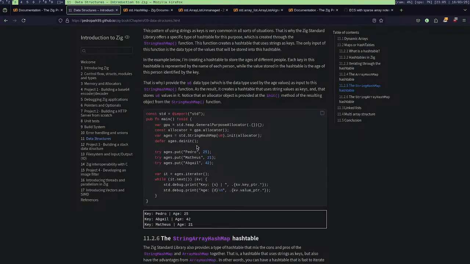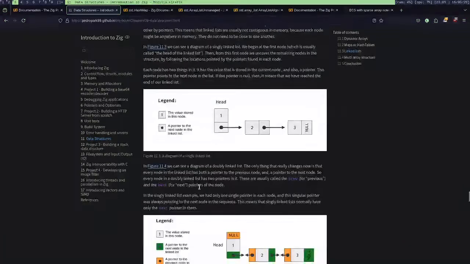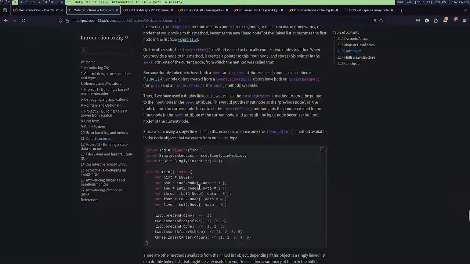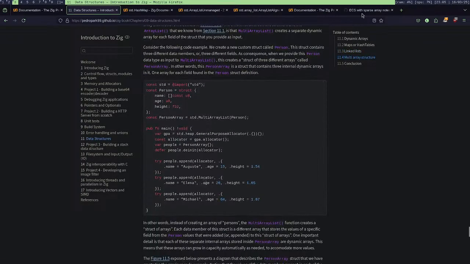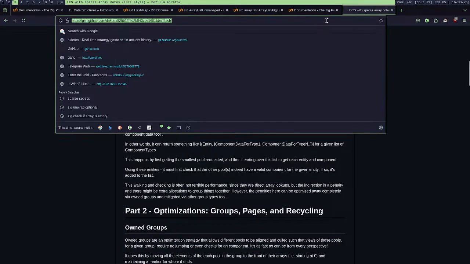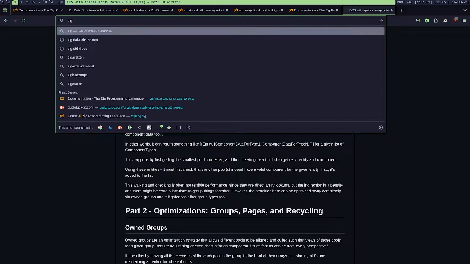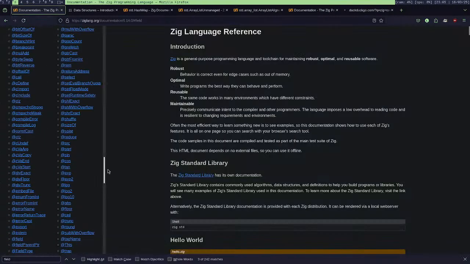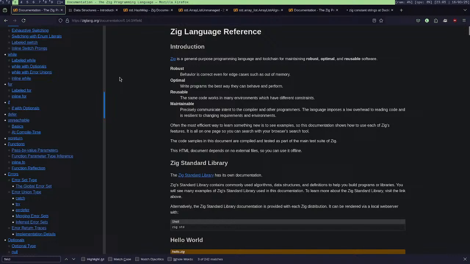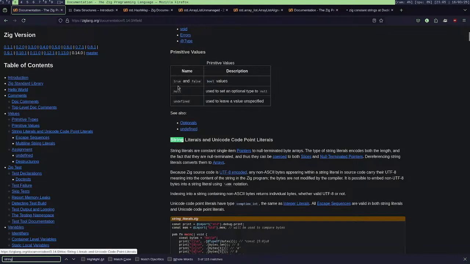I mean, that's literally the string type. What's going on? Are you telling me I don't know how to use strings? Really? Okay.